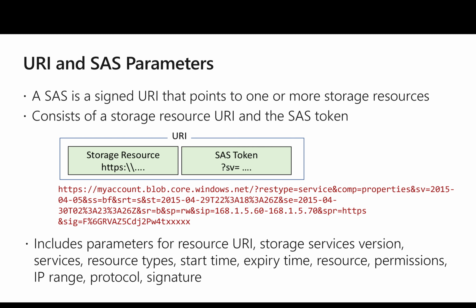So if we typically look at a complete URI, we have two different components. One is the storage resource location or the identification, and second is what we call the SAS token. So the URL which is provided as part of the slide shows mycount.blob.core.windows.net, and that is the reference to the entire storage account. So here we are trying to create the account SAS,